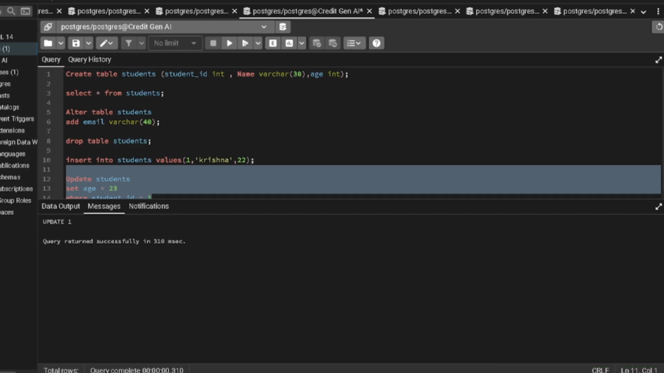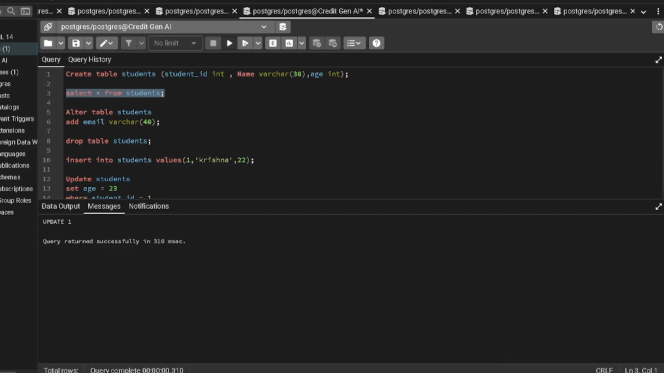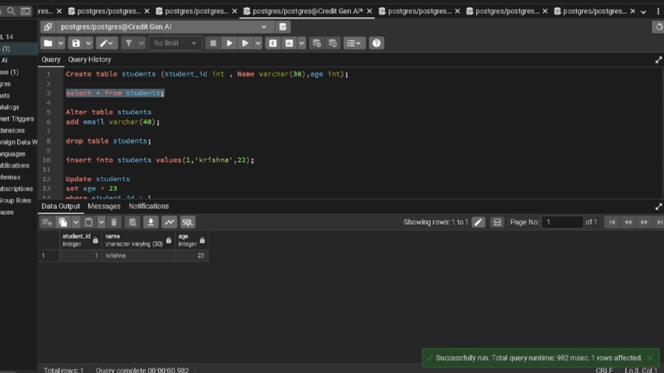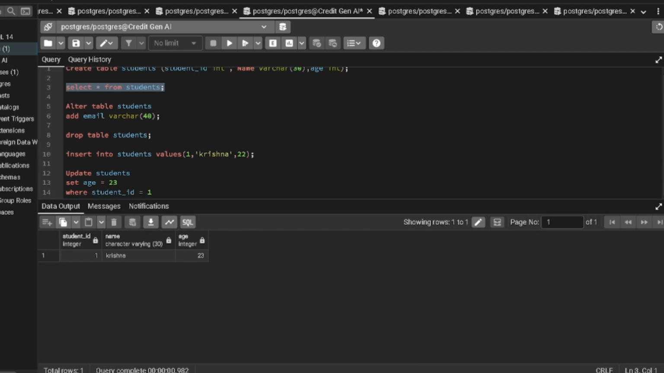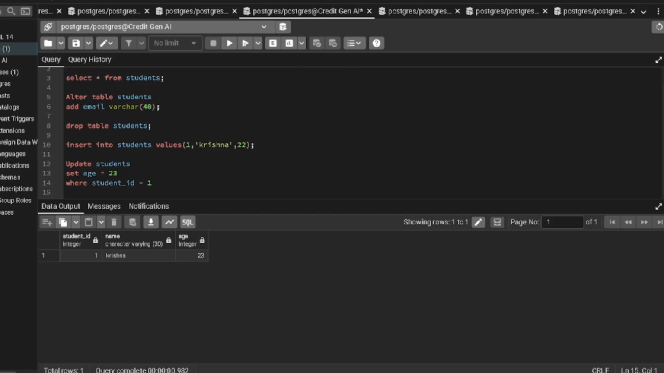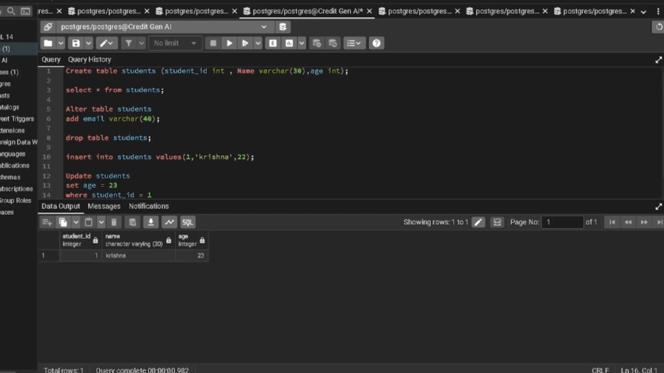Again, if you want to see, just write select star from students and run this query. See, now the age is 23. Before that it was 22. Now you want to insert a few more students. Okay, just insert like this,